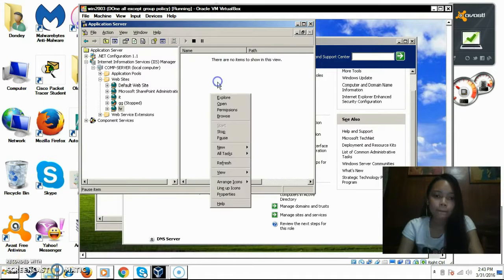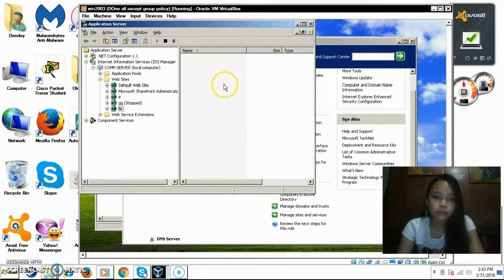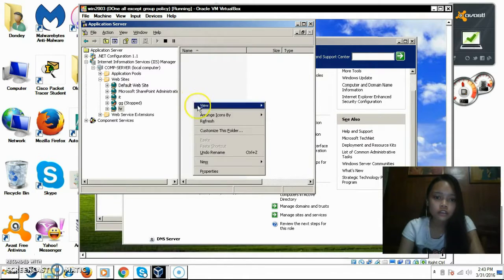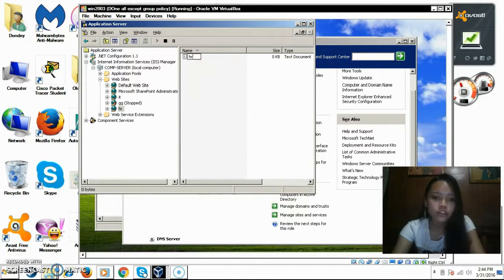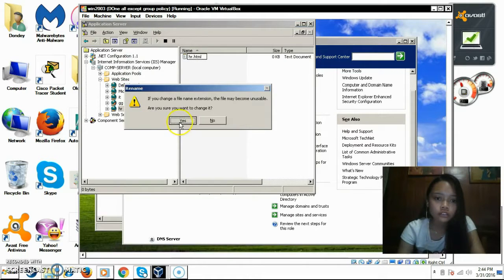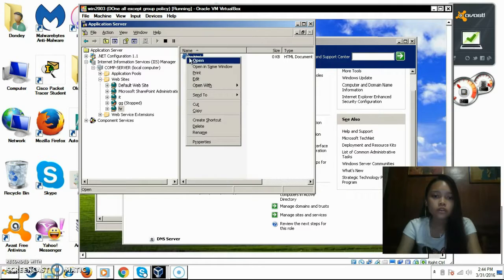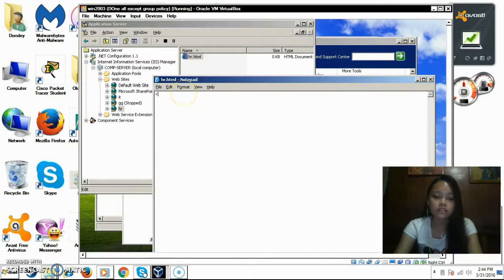Okay, then right click, then click explore, then new, make text document, hr.html. Okay, done, yes. Then right click, then edit, then HTML, then header, title, HR department,